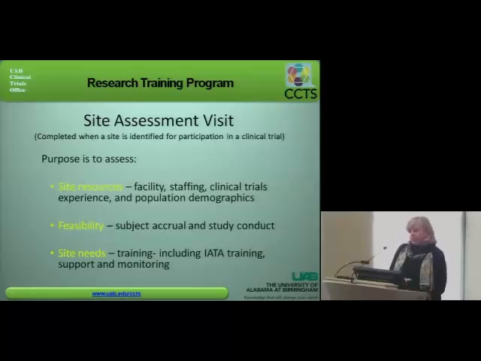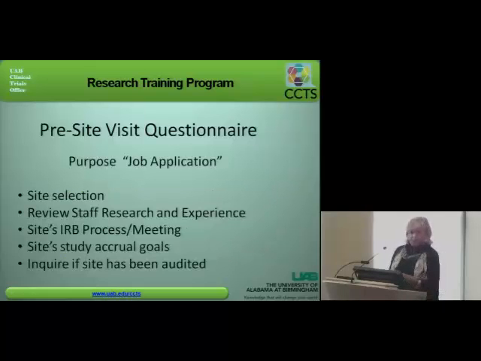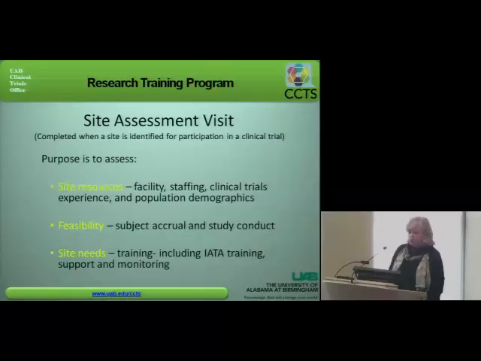Sometimes the site assessment visit is combined with the pre-site visit. Sometimes they do those together. So the site assessment visit, the purpose is to see that you actually have the resources, the office space, the experience, the population. In the lab, they want to make sure that you have a certified centrifuge or any of the equipment that you say you need, freezers. They want to see